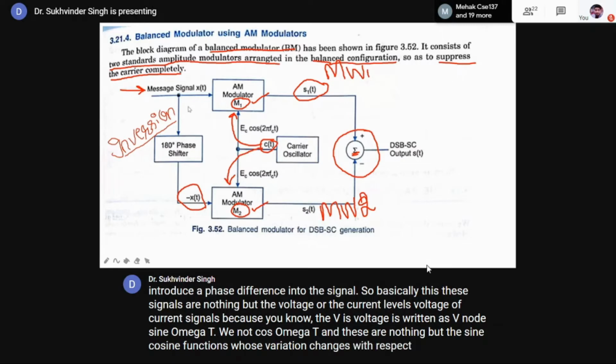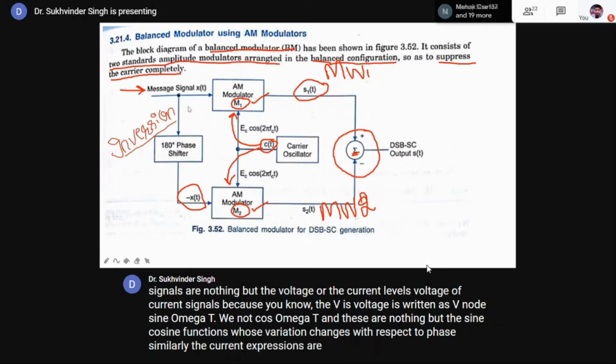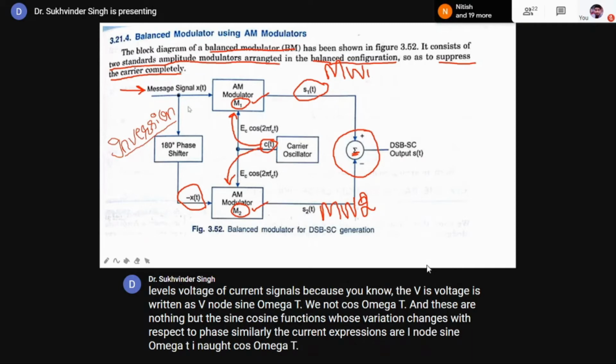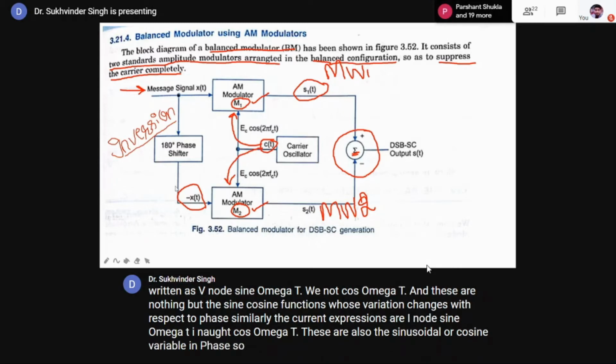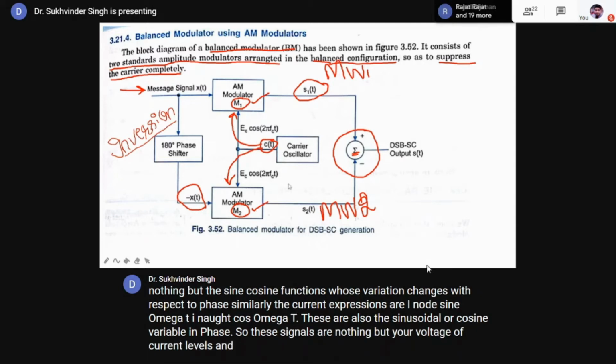So these signals are nothing but your voltage or current levels, and their phase can be interchanged by using phase changing devices, that is rectifiers, also half wave or full wave rectifiers. So the message signal is fed as it is into modulator 1, and with the phase inversion using a rectifier it is fed into modulator 2, and these two modulators are fed with the carrier oscillator which will generate the carrier frequency, and